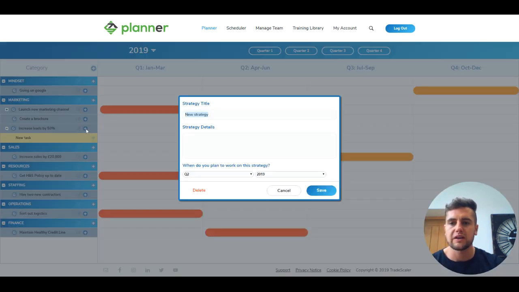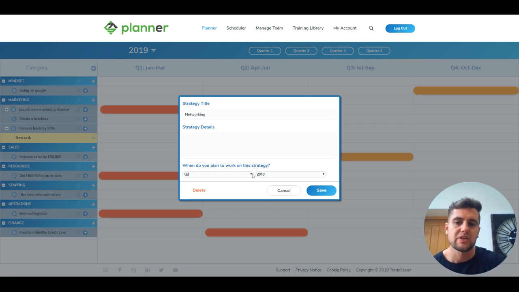So if I click that, it will come up with the tab where I can add the strategy. So I'm going to add to this one. A good strategy for increasing leads would be networking. So let's go with that, networking. Then in strategy details, you could add any type of specific thing to do with the networking, different types of groups, whether you want to do one-to-one networking, group networking, anything you want, all the little gritty details you can